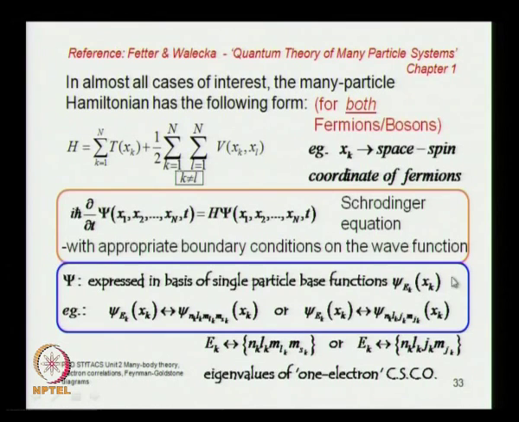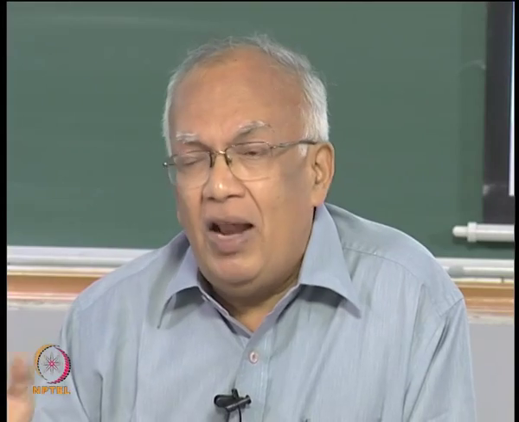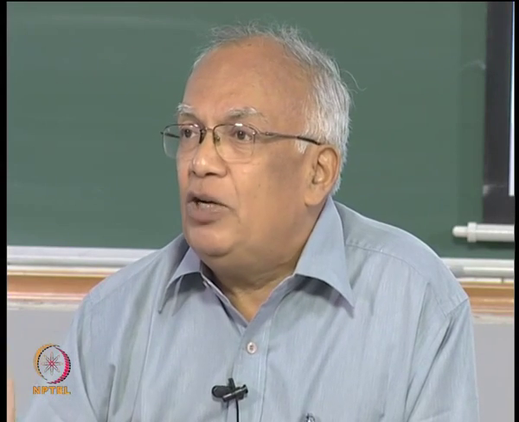So, this probability amplitude is a measure of the probability amplitude that a particle at coordinate xk will be in the quantum state Ek, where Ek is a set of appropriate number of single particle quantum numbers. It is not just the energy, it will have all other measurements which are compatible with the measurement of energy. Okay. So, it could include the angular momentum, it could include spin, and any other measurement which is compatible with